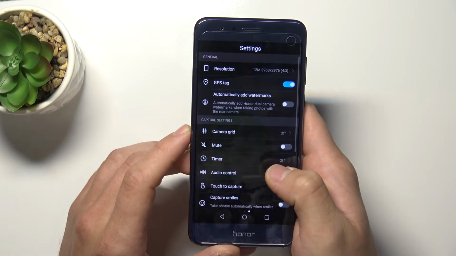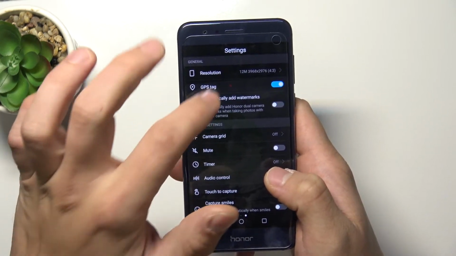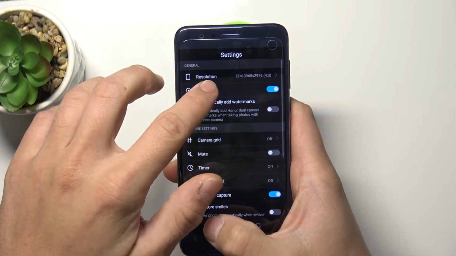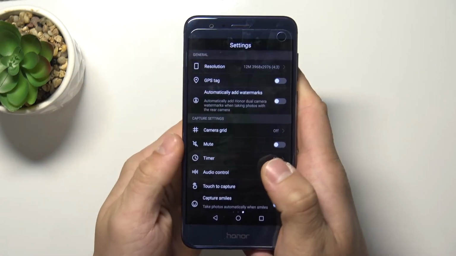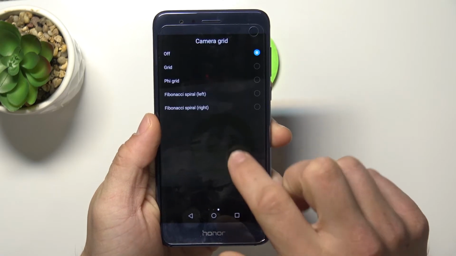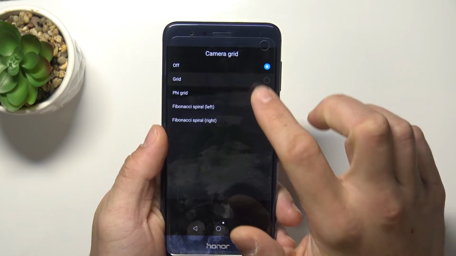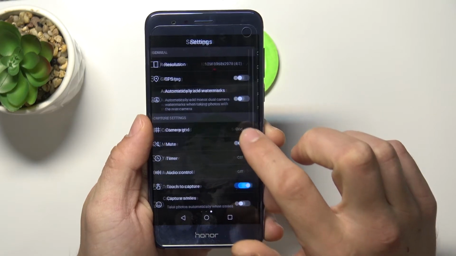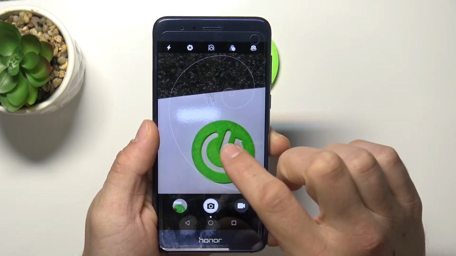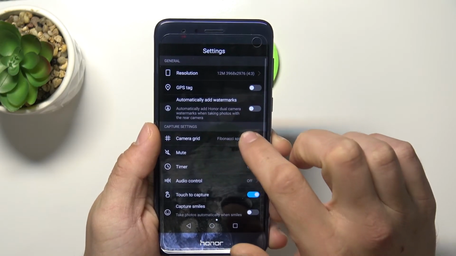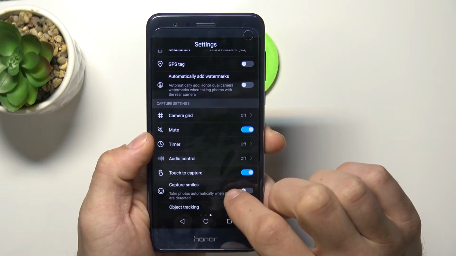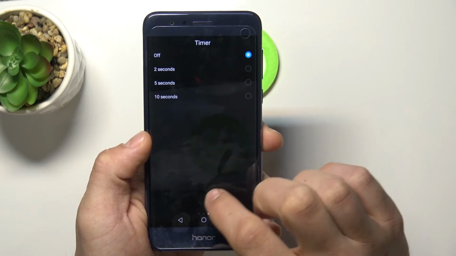And this was all modes for this phone. Let's go to settings. We can change resolution, add GPS tag, add watermarks, camera grid, we can mute shutter sound, we can set timer,